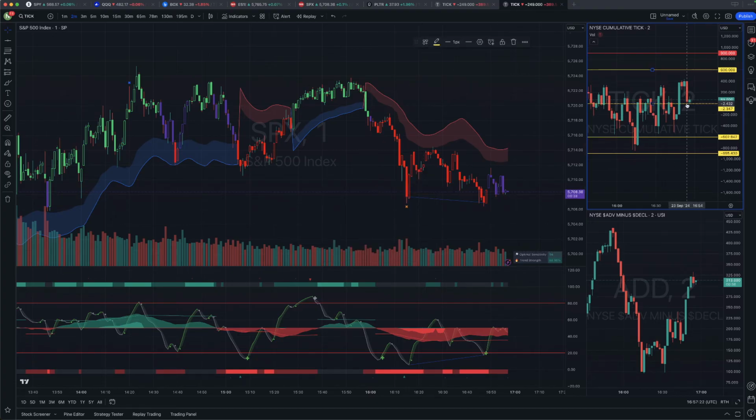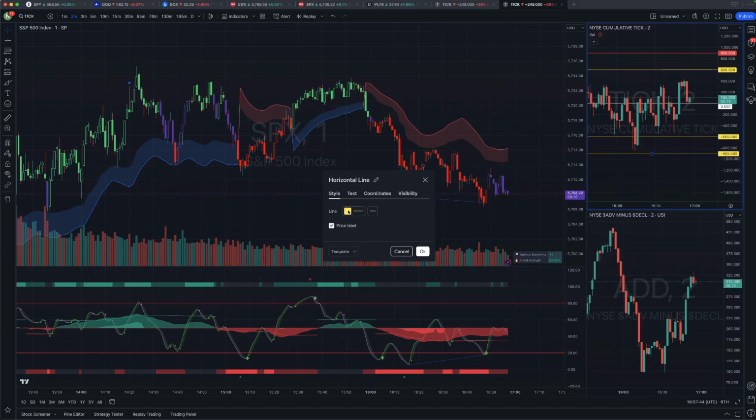I want my center line to be white, okay? And I want my center line to be at 0. Okay, and I do the same thing here for my -600. Go -600. And then my -900, I want to change that to red. Okay, so now we've got our